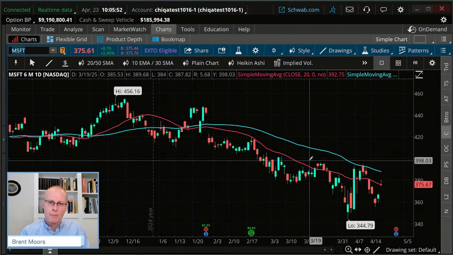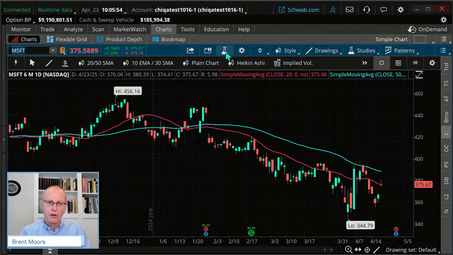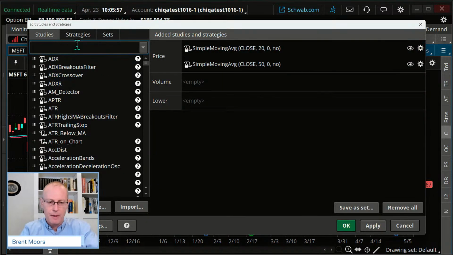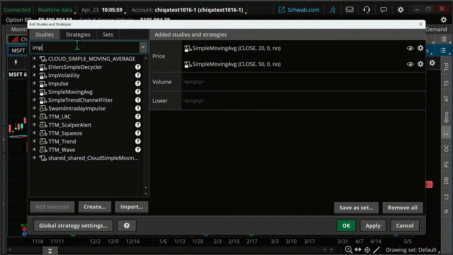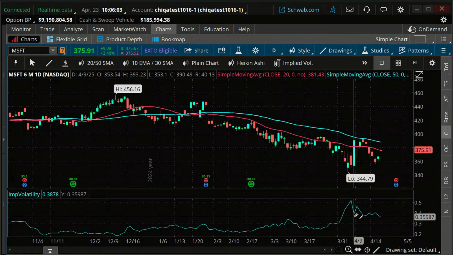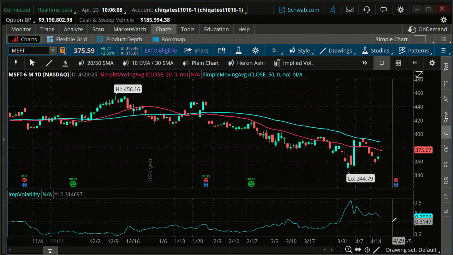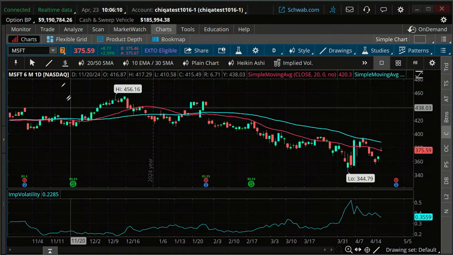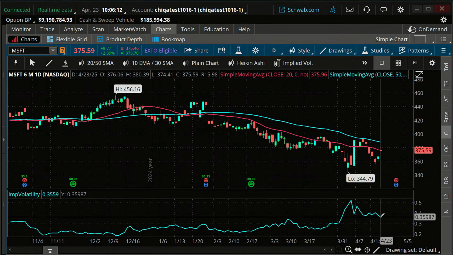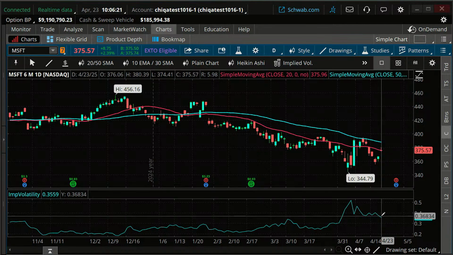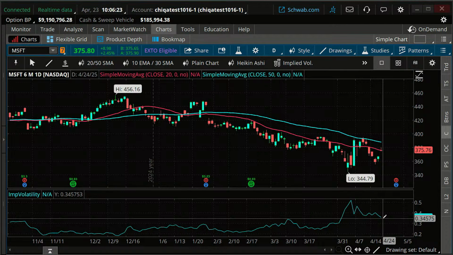And I want to pull up that implied volatility. I can go to my little flask up there, type in IMP, put in implied volatility. That'll bring it up right on the chart, and you can see where it is. This is a 6-month chart. You can see where implied volatility is on this particular stock right now. And I think that's a beneficial measure, because not only can we see what the implied volatility is, we can see where it's been, and we can see the trend that it's going in.